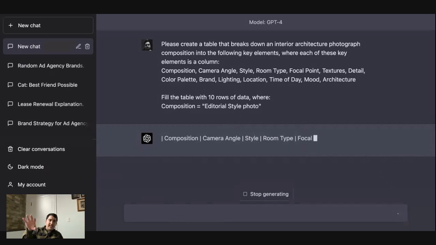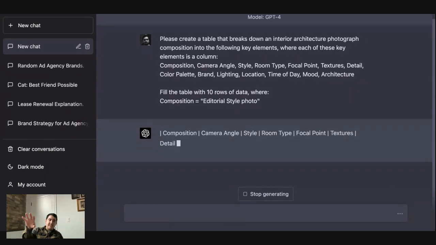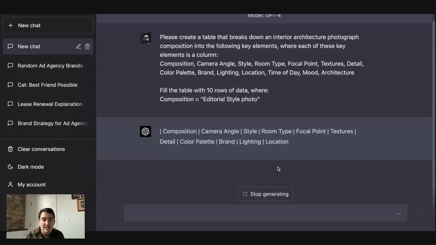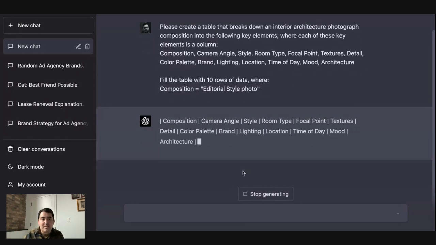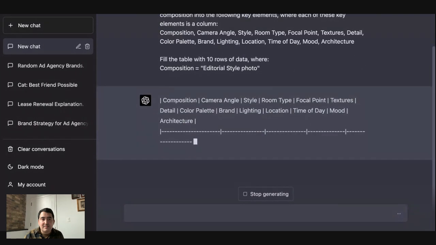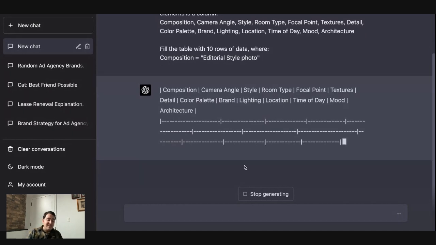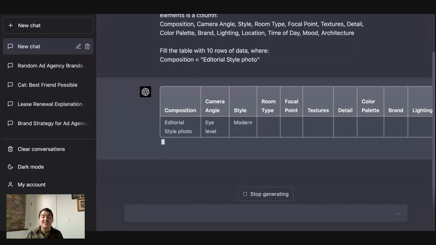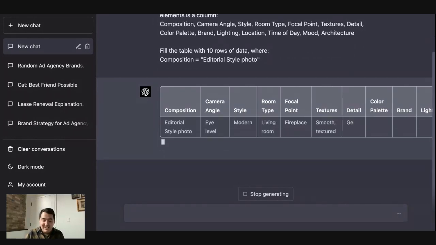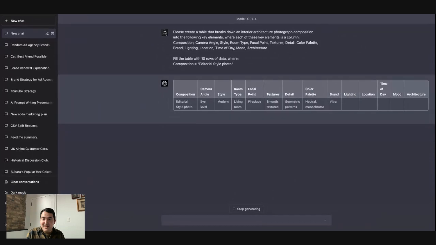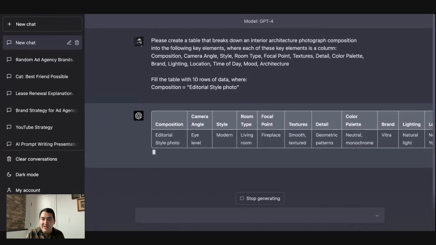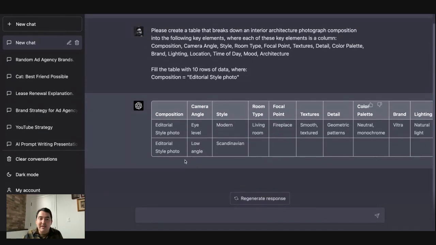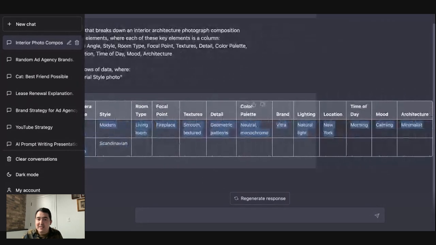ChatGPT is going to start generating the text here. It's going to take it a little second. ChatGPT 4 is a little slower than 3.5 and the other subsequent models, so it takes a little longer. This table is relatively large, so I'll probably have to zoom out to get everything. But either way, it's going to get all of this going. I'm going to go ahead and just stop it because it takes a long time for it to render out.